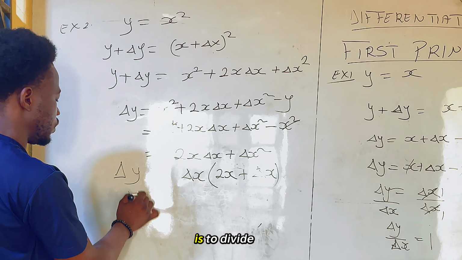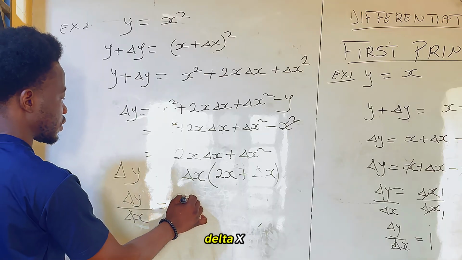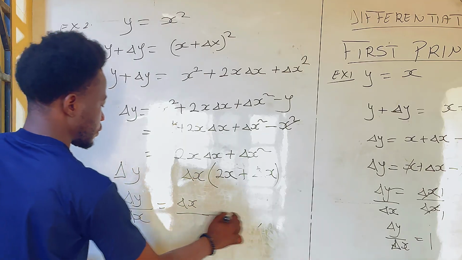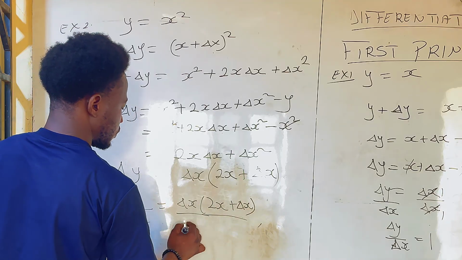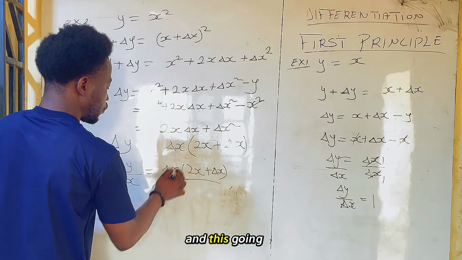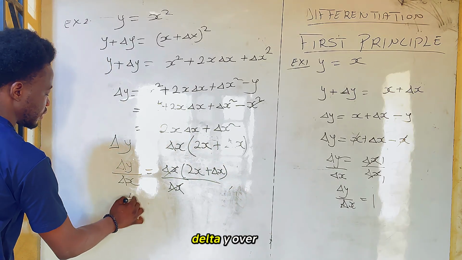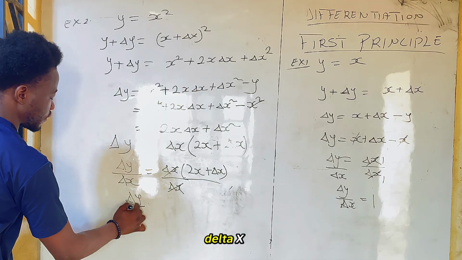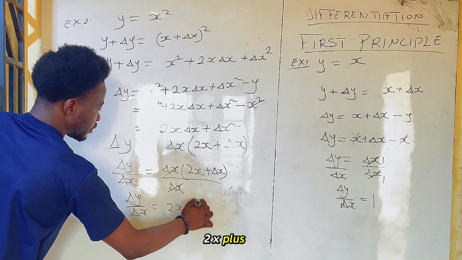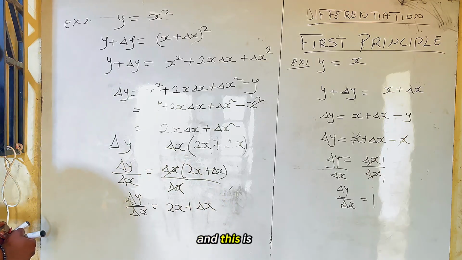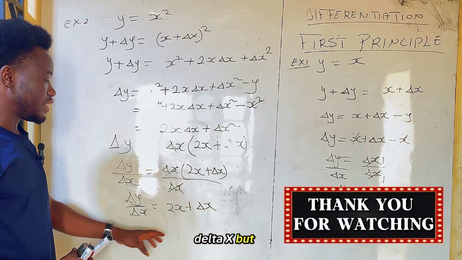So what I have to do is to divide both sides by this particular delta x. And this is going to cancel this one, leaving my delta y over delta x equal to 2x plus delta x. And this is what we are looking for, delta y over delta x. But yet, we have